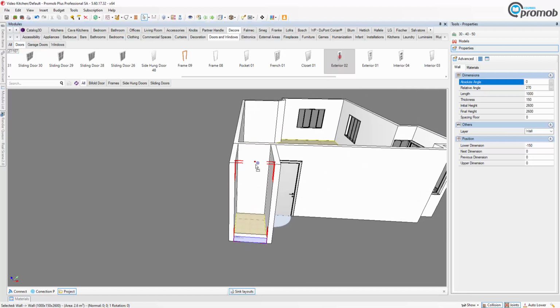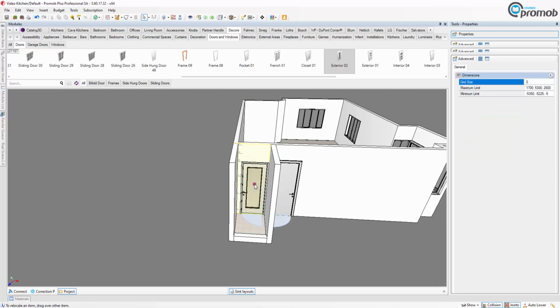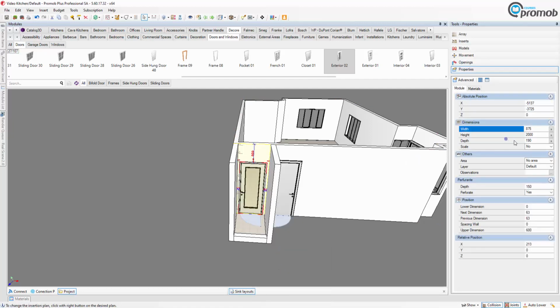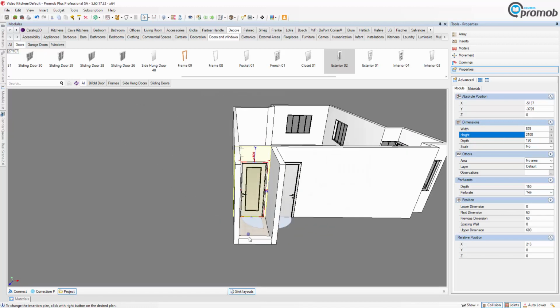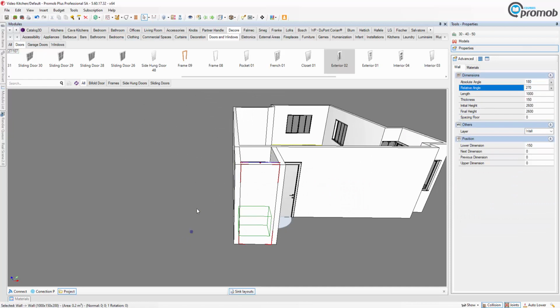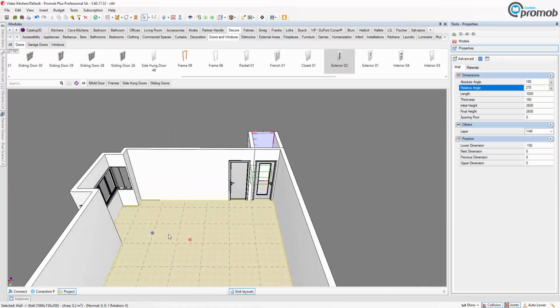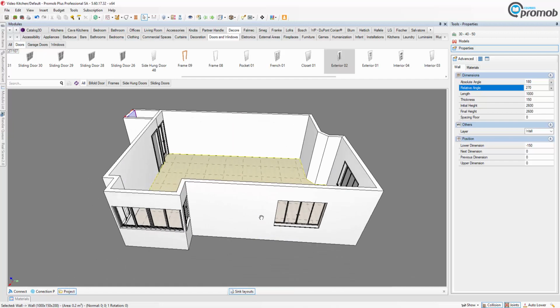And now I'm going to take this and place it into there, and I'm going to center it, and we're going to change the height of that to 2.1. Okay, and to bring that wall back, I just click on the wall itself and it'll bring that wall back like that. So we've got two doors there, we've got our little area there,